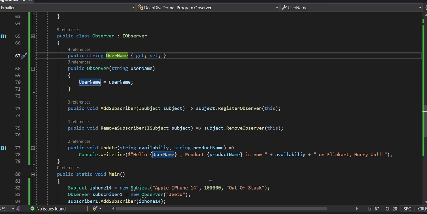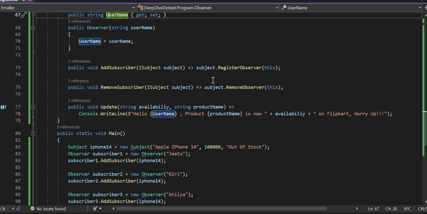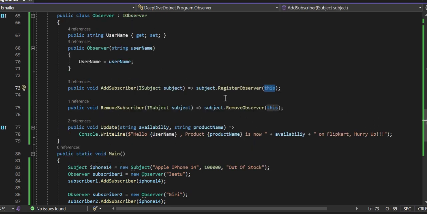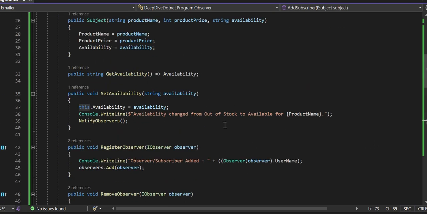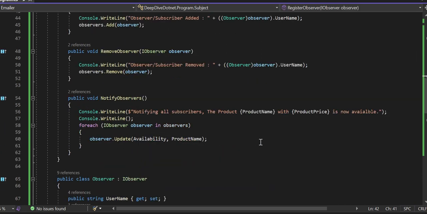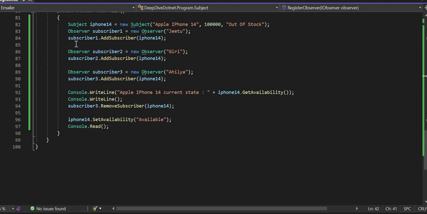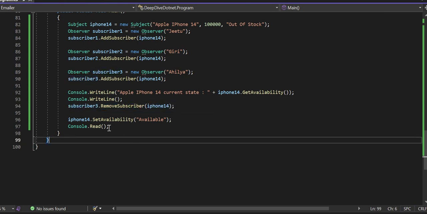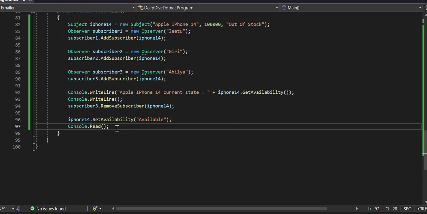Like that you can create a hell of a lot of observer objects, and there what you need to do is call subject dot register observer, just pass the this reference and it will automatically add that observer to the subject's observer collection through this method. So I'm calling subscriber one dot add subscriber, passing the subject like that. One more subscriber I'm adding, Giri, and then one more subscriber, Ahilya. Then I'm getting the current state, and then I'm removing a subscriber, and then I'm setting the availability to available. So if I run this program,